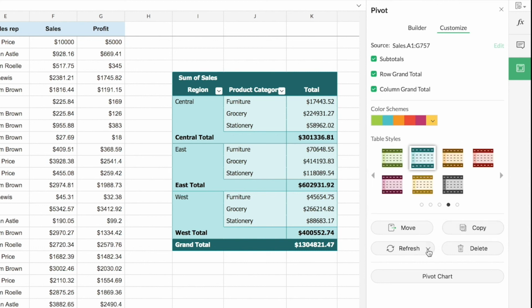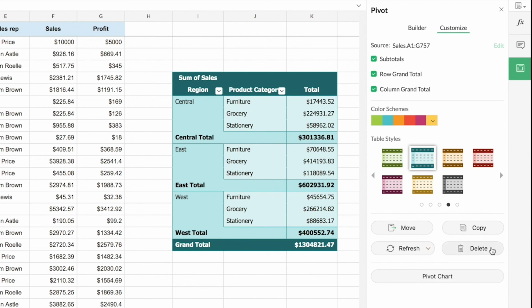And then we have an option called refresh. If there's any edit or update happening in the source data set, you can use this option called refresh to update the pivot table. You can see that there are 2 options given under refresh, that is refresh and refresh all. Clicking on refresh will update this particular pivot table that you have selected currently, whereas refresh all will update all the pivot tables that are present in the specific spreadsheet.